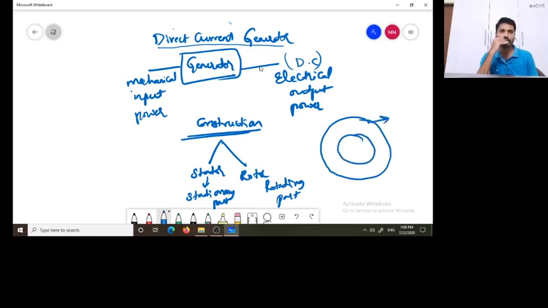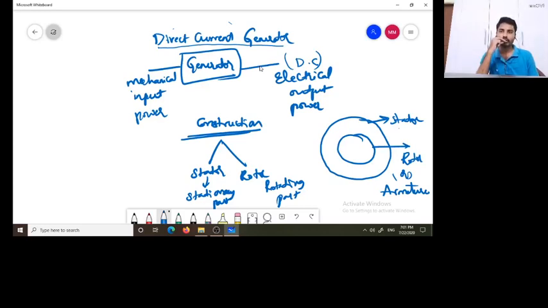How can we generate electricity? By using this diagram, we can observe what is a stator and what is a rotor. The outer part of the circle is represented as the stator, which is the stationary part, and the inner part is the rotating part. That is why it is called a rotor. In a DC generator, or a DC machine, the rotor is called the armature. This is a technical term and must be remembered.